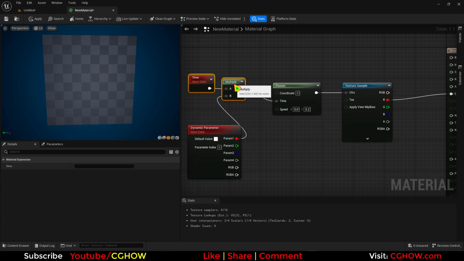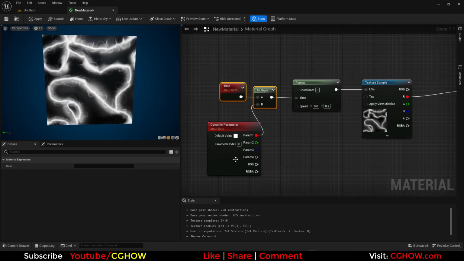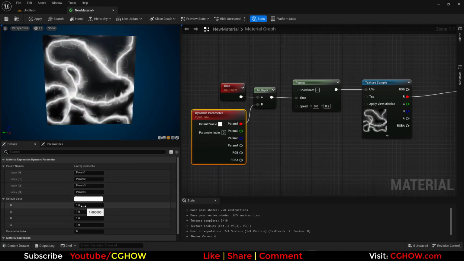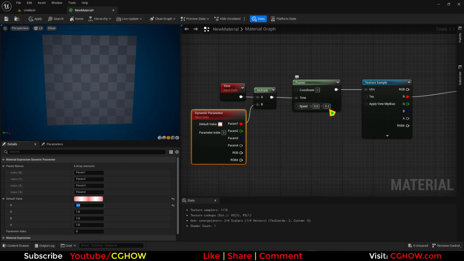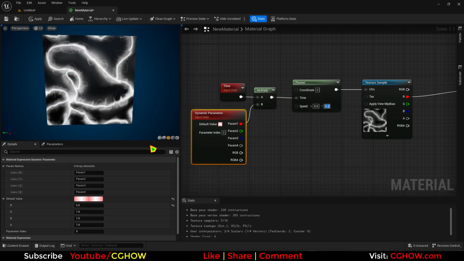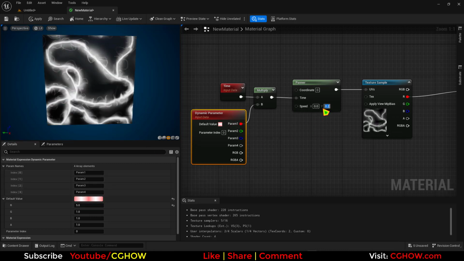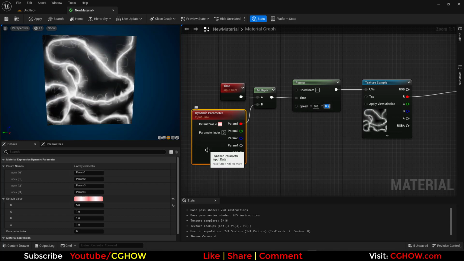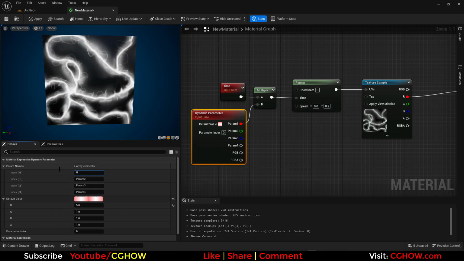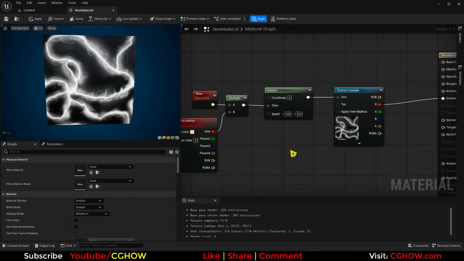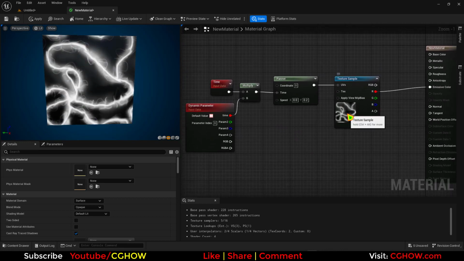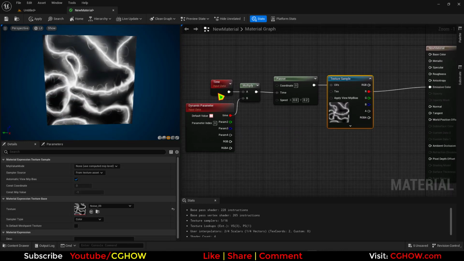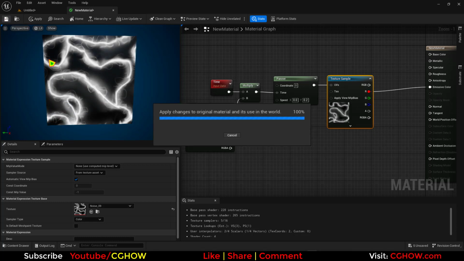So this node will be multiplied to your default speed. If I just increase it to 5, it will multiply by 5, so it will be 1. Okay, so 5 multiplied by 0.2 is equal to 1. So now you can adjust that here. Basically I'll show you how this works and what are the cons and pros of using this. So if I save this